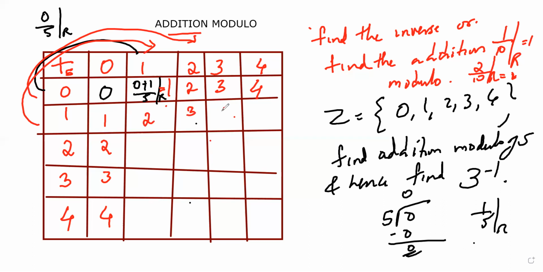Or else what we can do is, you can directly write 1, 2, 3, then 4 and 0. Next thing is 2, 3, 4, 0, 1. 3, then 4, then 0, 1, 2. After 4, 0 will come, 1, 2, and 3. Is everyone clear up to this? Nothing I did, I just followed with the numbers.